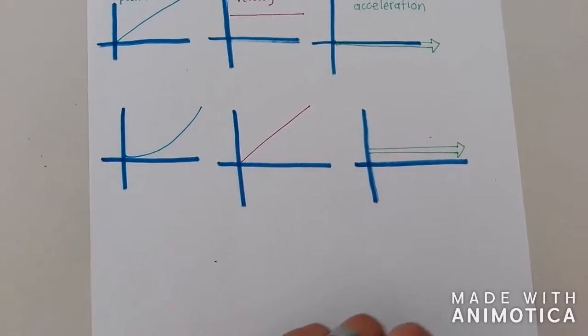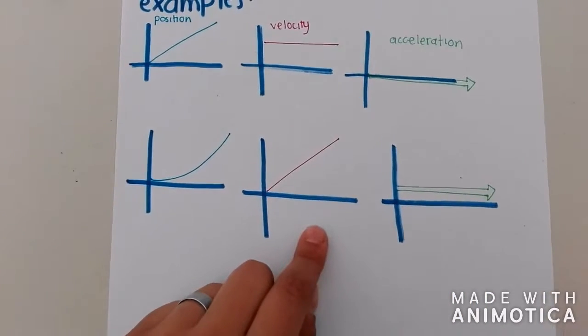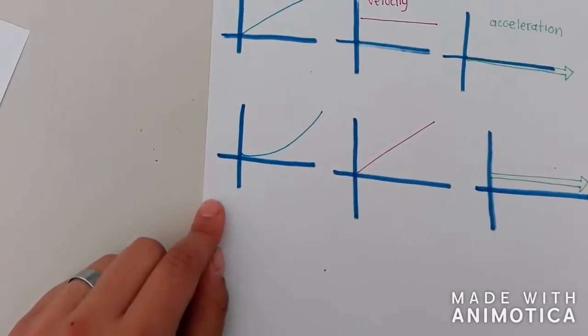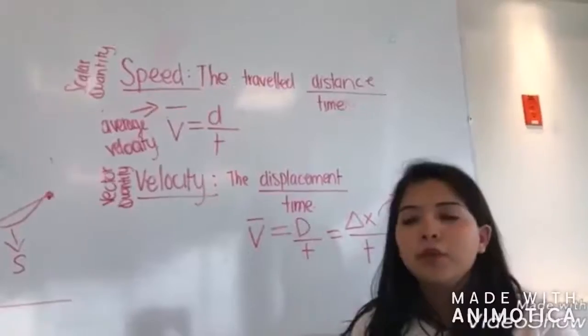In here, if we have a constant acceleration, this means that the velocity is increasing and the position will increase in a positive curve. Then we have this concept of